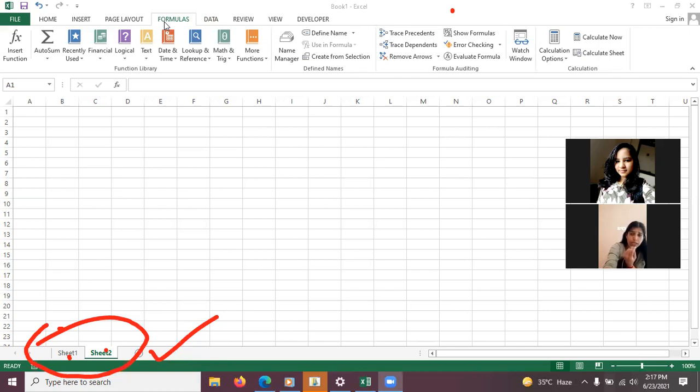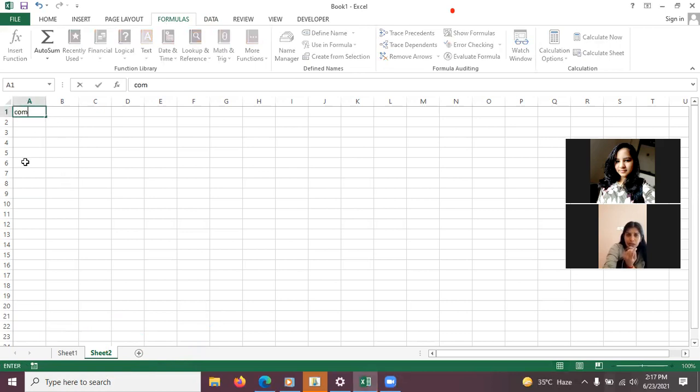Then we have, at the last, the status bar. The status bar shows the status of our pointer wherever we are moving. Like right now it says Ready there. On the status bar you can see in the corner it says Ready. So this is the status bar. Suppose I write something in the cell. Click and write something in any cell you can take. So you can see here it has changed from Ready. It's not written Ready now.